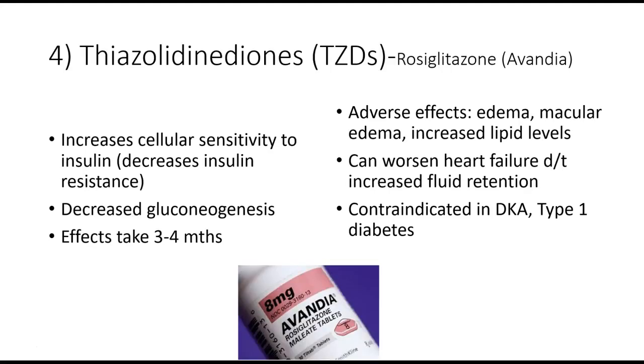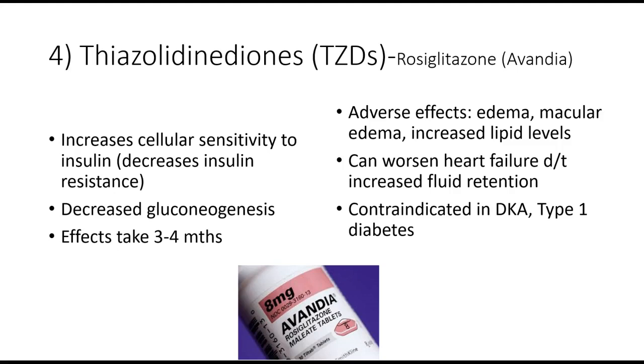And our fourth category is the thiazolidinediones, or TZDs. Rosiglitazone, Avandia, is the prototype. These work by increasing cellular sensitivity to insulin, so the insulin resistance that occurs in type 2 diabetes, it's going to help decrease that, and it's going to help the cells use that blood glucose for energy. It's also going to decrease the amount of gluconeogenesis that's happening. The effects do take some time. It may require about 3 to 4 months to see the optimal effects of lowering the blood sugar in patients